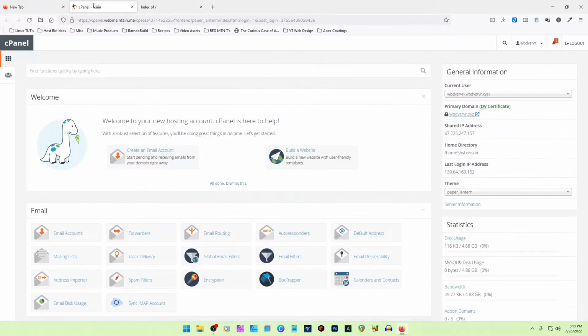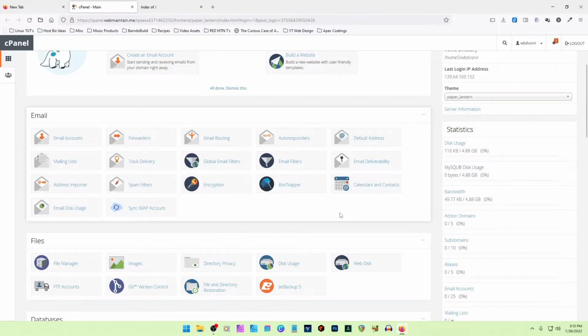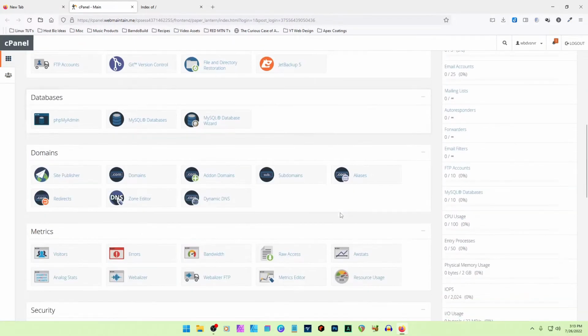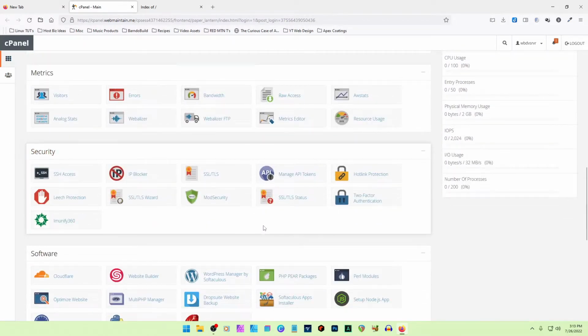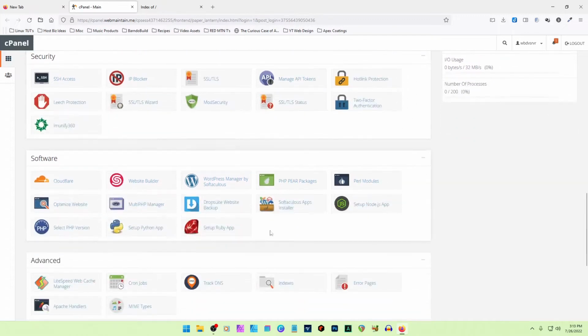WordPress. Okay, now there's a way that you can install using your cPanel. I'm not a big fan of it. I have found it causes issues, so I do it the manual way. But if you're a little worried about doing it that way, you can go to your software section on your cPanel. And mine has a WordPress manager by Softaculous, but you can also go into Softaculous if you don't have